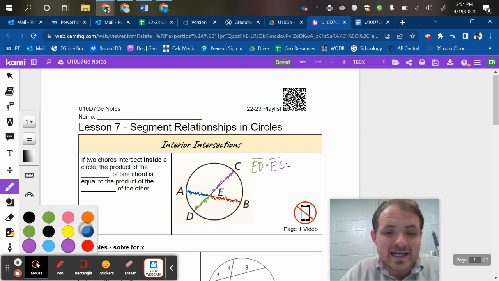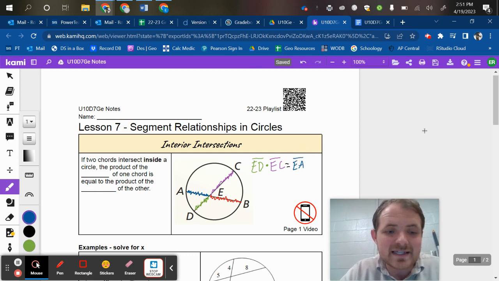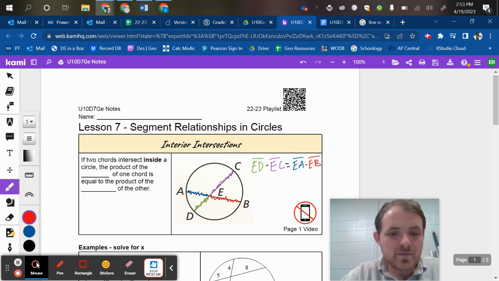So I'm going to do EA times EB. The relationship here is that when two chords intersect inside the circle, the product of the parts of one chord is equal to the product of the parts of the other chord. Okay, so parts is going to go on both of those lines. And the parts were created